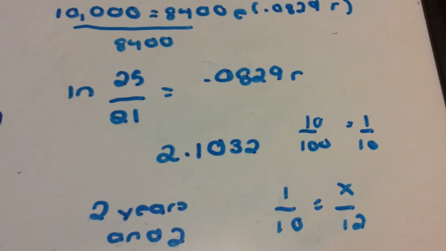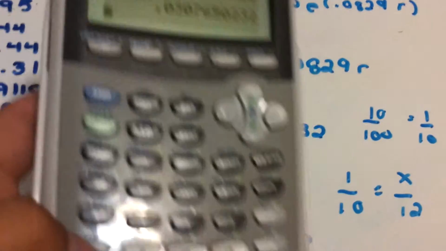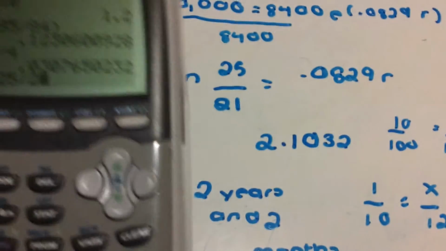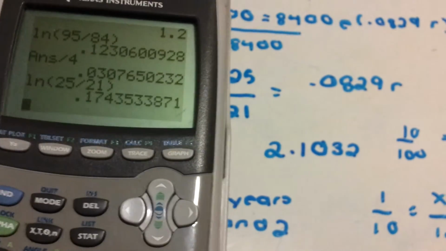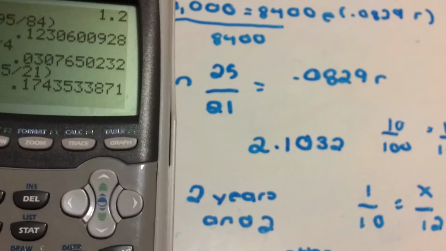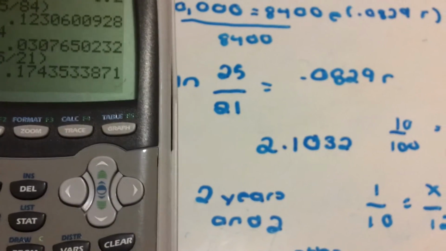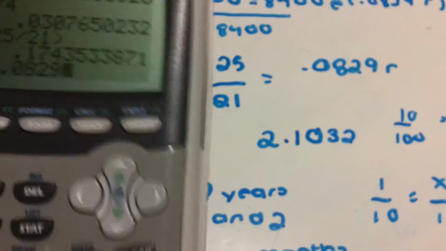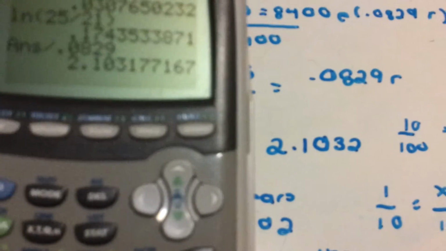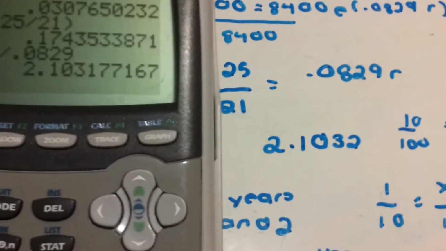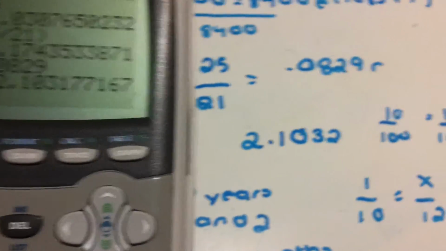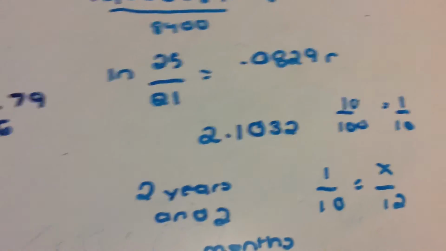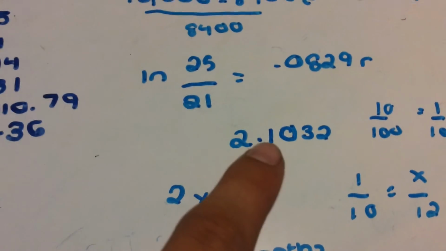So you put that into your calculator, natural log of 25 divided by 21, and that should give you 0.174 and so on, and then you would divide it by 0.0829. That should give you 2.1031, which would round off to 2.1032. So the 2 would be the 2 years, and you would take